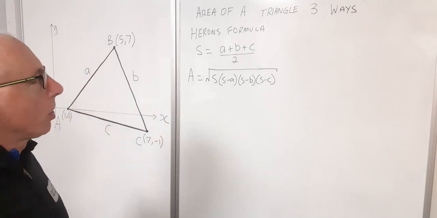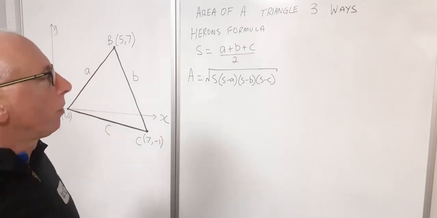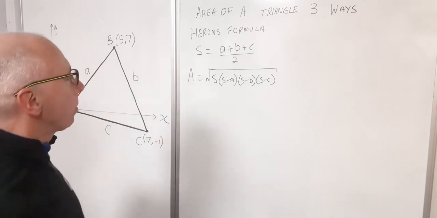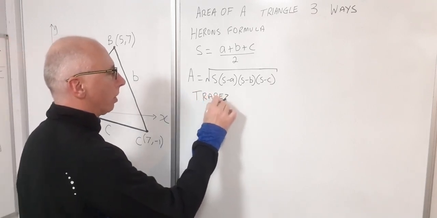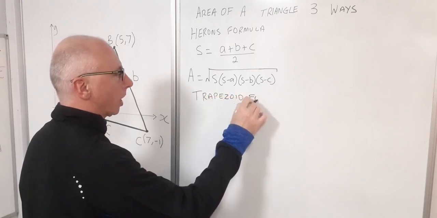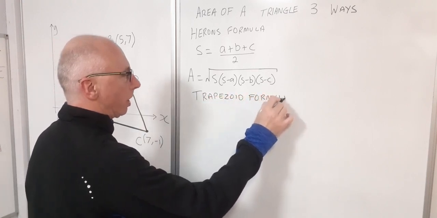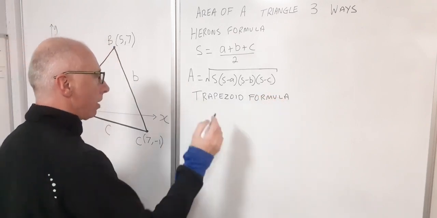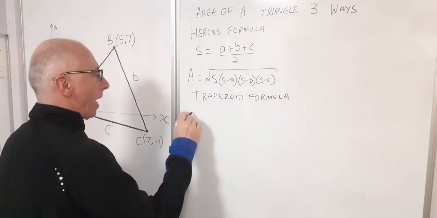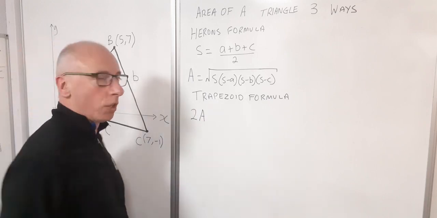Okay, now there's another formula we can use, and that's the trapezoid formula. So this one is a summation formula. Now this one gives us double the area, so at the end the number we get we have to